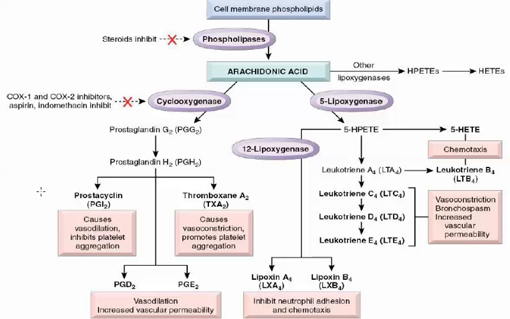one side that turns it on, the prostacyclins, and we have thromboxane, which results in vasodilation, increased vascular permeability, and on the other side we have the turning off process, which inhibits neutrophil adhesion and chemotaxis. So this is involving lipoxin A and lipoxin B, so try to remember this. But we should be aware of this whole process, and